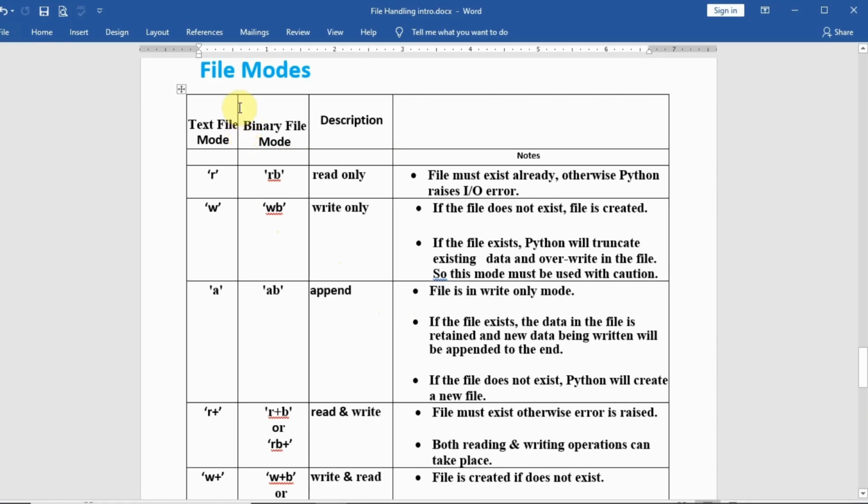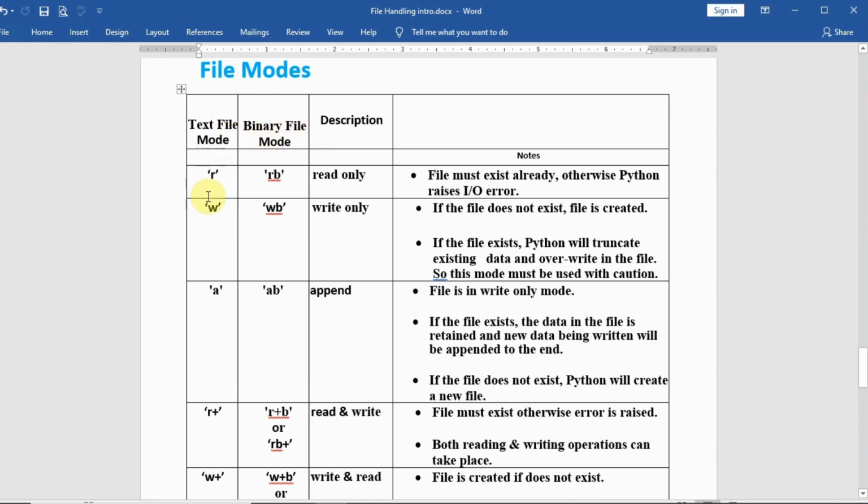Before discussing this program, let's discuss the modes of the file. There are different modes for the file. We know we have different types of files: text files and binary files, so two types of modes are given here: text file mode and binary file mode.